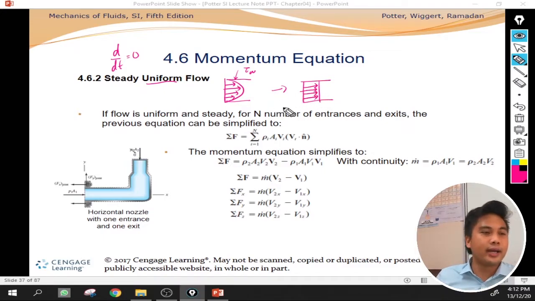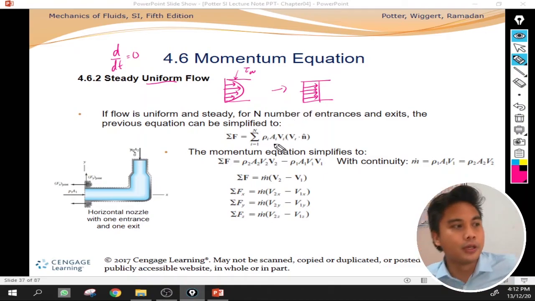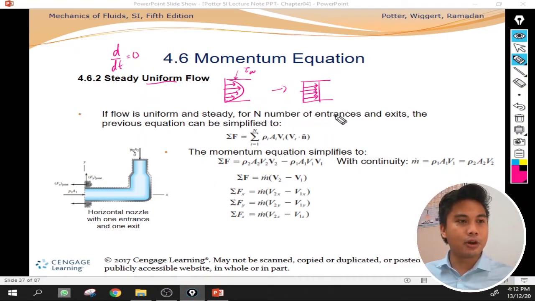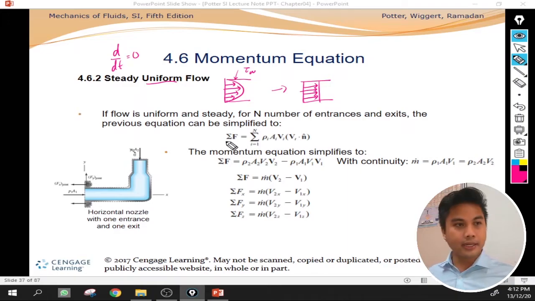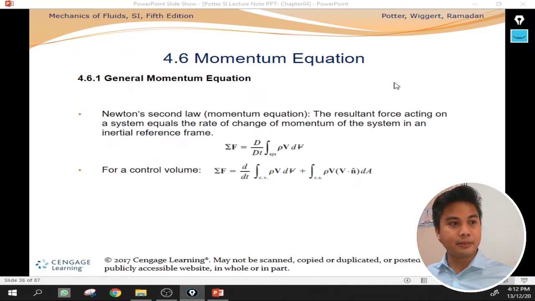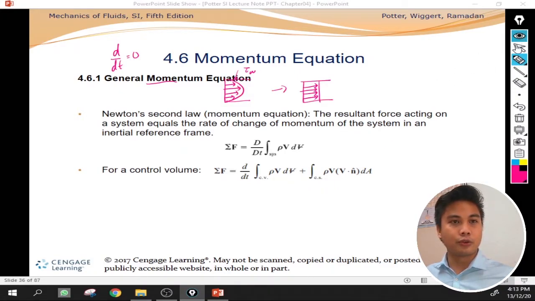So this is what it means by uniform flow. If the flow is uniform and steady, for n number of entrants and exits, the previous equation can be simplified into this one. This term cancels, becoming 0 because it is with respect to time, and this will be expanded further. Alright, so from here